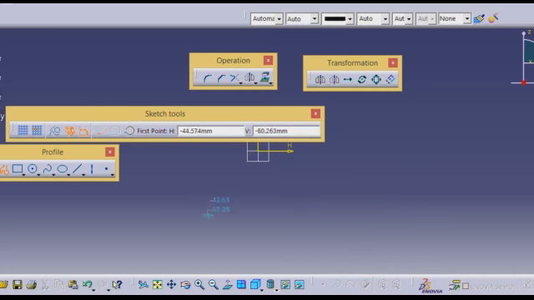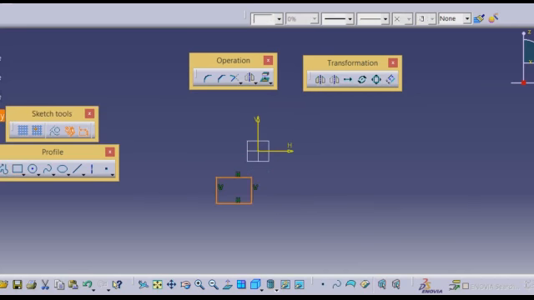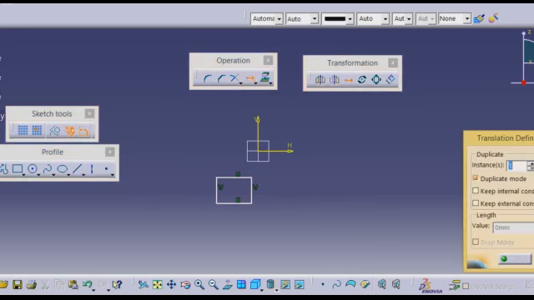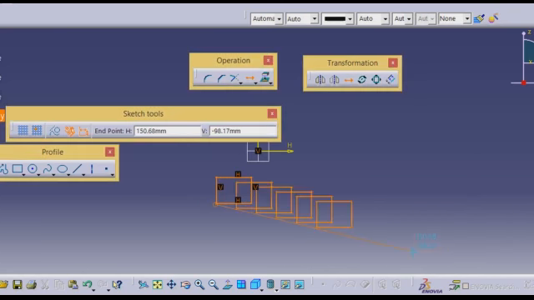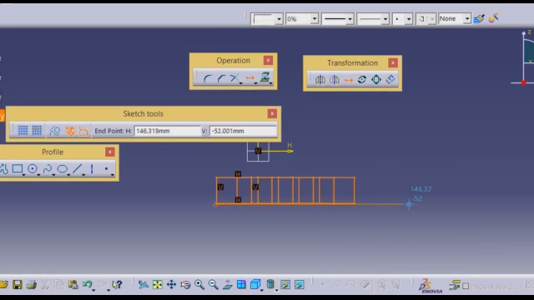Next we will go for translate. I will create one rectangle for that. Now I should translate this. I want the total number of instances to be 5, and the duplicate mode is on or off. If you don't want the duplicate mode, and want only one instance to move, the original one, then you should turn it off. Or else you can give it for duplicate. This is too small, 20 mm,